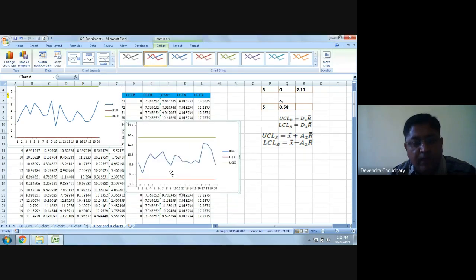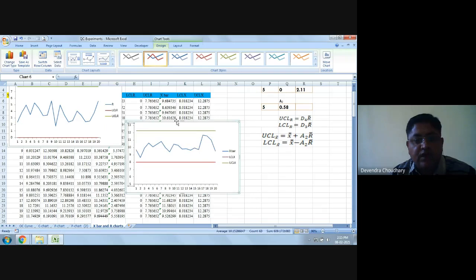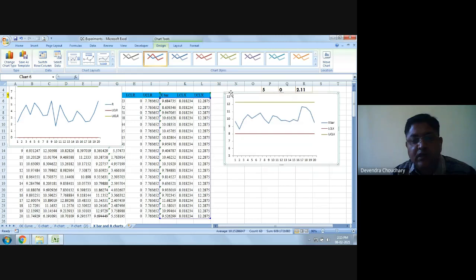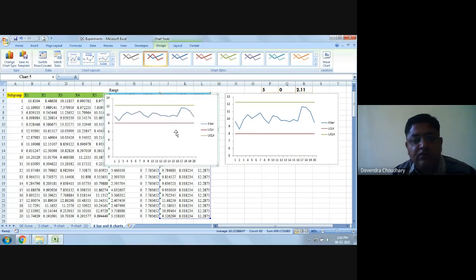Or I can even try to make it from 6 or say 5, so you get an elaborate chart. Okay, so now these are the two charts. This is X bar chart, this is R chart, and both are showing you are getting